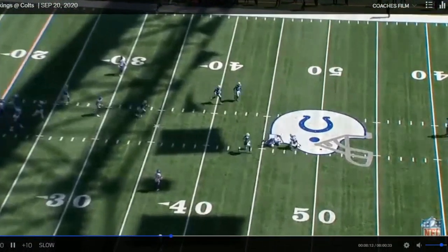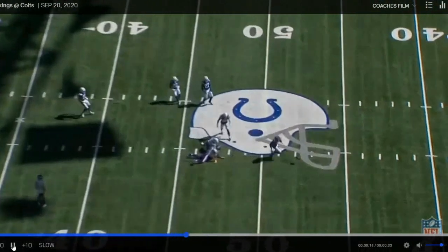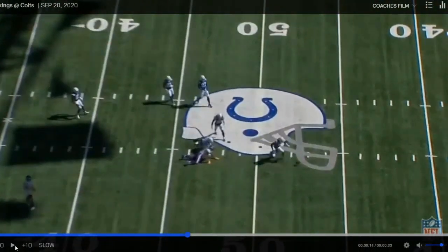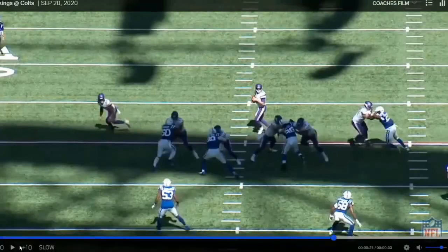Bam! Ball gets knocked out. Beautifully done. That was a beautifully timed hit. I mean, this is textbook. Watch what happens